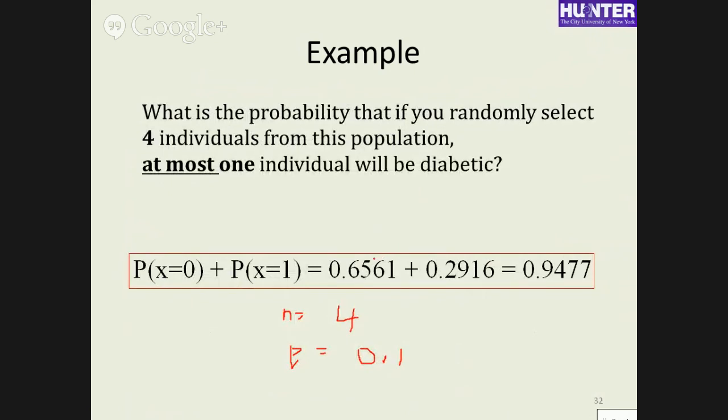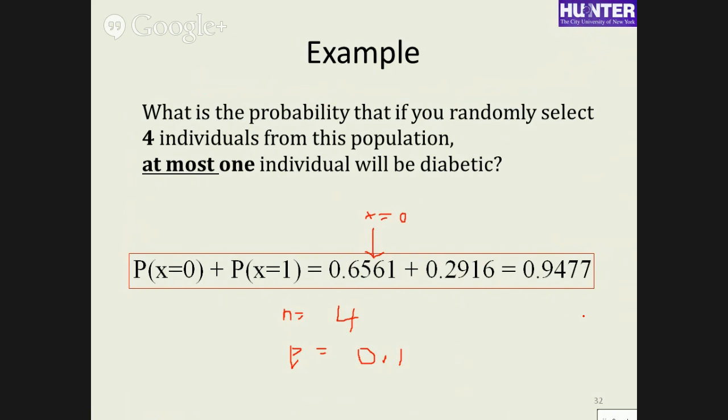0.1, and here, what's x? This is the probability of 0 individuals out of 4 having diabetes. That's x equal to 0. So that's the probability of none of them having diabetes plus the probability of 1 of them having diabetes out of 4. So in this case, we're calling success having diabetes, which